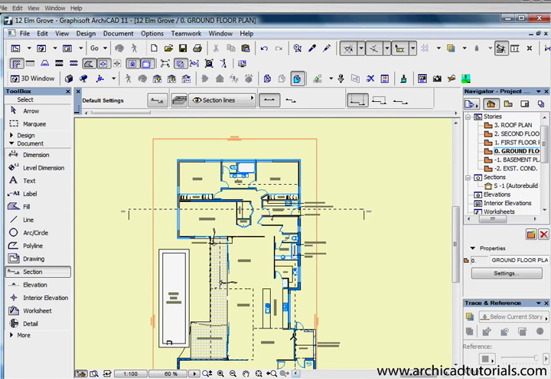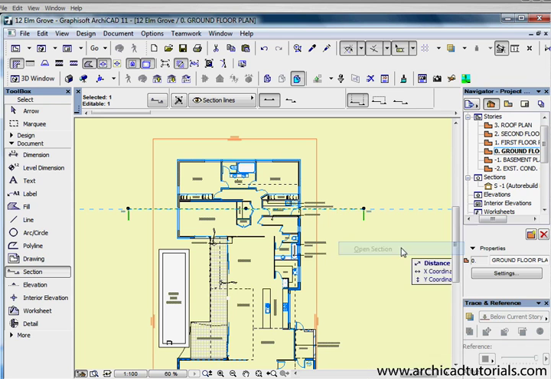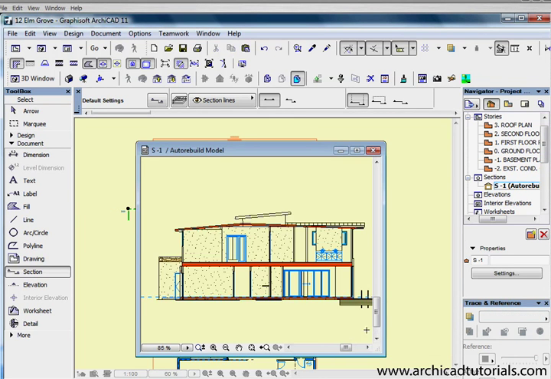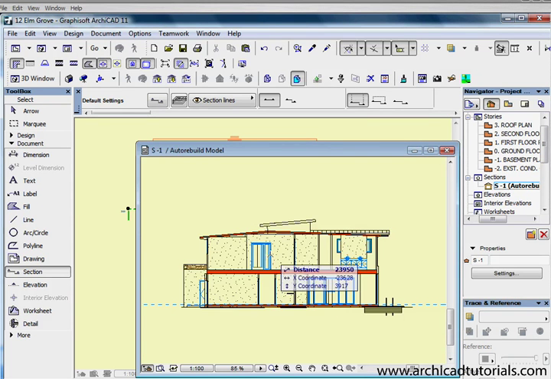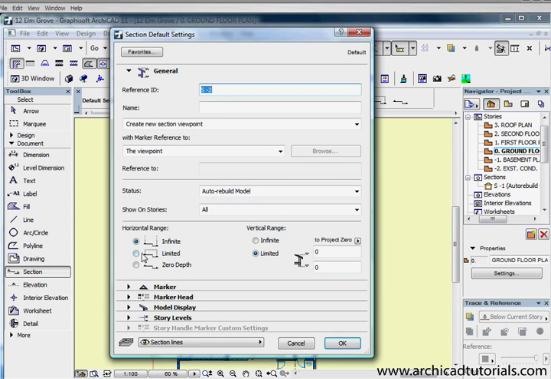So the computer has to calculate everything that's in that building beyond that line. If I right mouse click on the section or click on the icon in the navigator, I can actually open the section and it will calculate everything through that model in an infinite space. Now if I wanted to draw another section, but this time I'm going to draw it as limited, make it infinite,